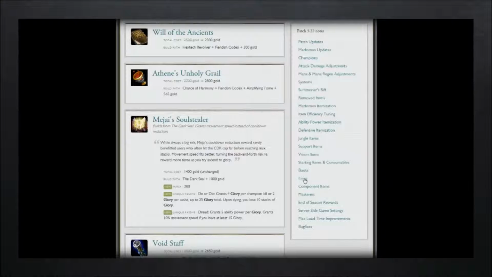Now it gives you 200 mana, and the unique passive Do or Die grants 4 glory per champion kill or 2 glory per assist, up to 25 glory. Upon dying, you lose 10 stacks of glory, and this glory grants 5 ability power per glory, and it grants you 10% movement speed if you have at least 15 glory, which is actually really nice